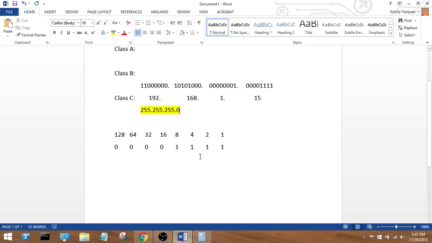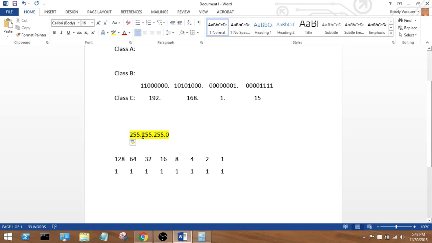Okay, so 255.255.255. The thing about the number 255 is the number you get when all these place values up here are added up. Okay, 1 plus 2 plus 4 plus 8 plus 16 plus 32 plus 64 plus 128 is equal to 255. So this will look like this, going to look like 1, 1, 1, like that, right? So if I move this guy down a bit,